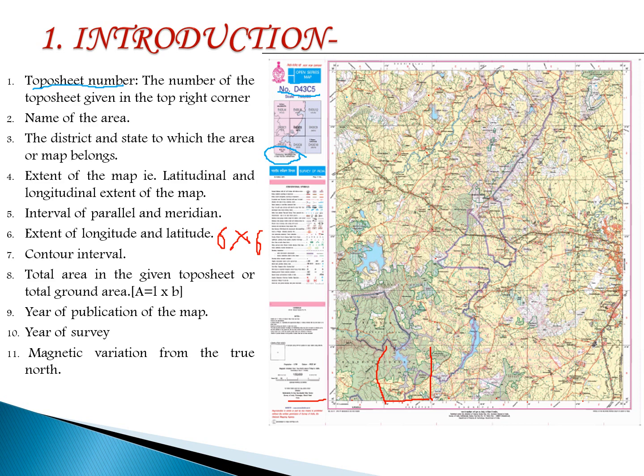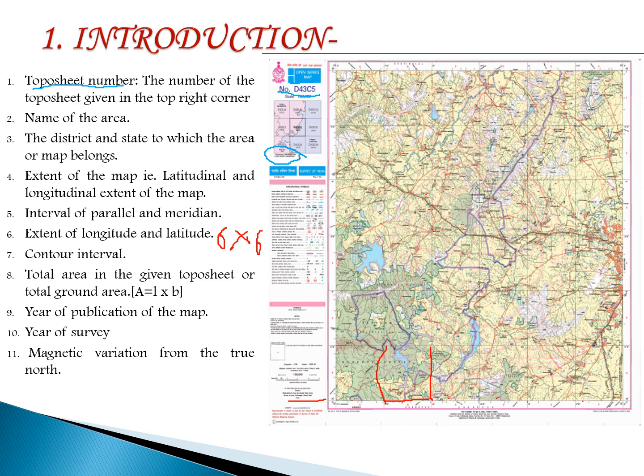You will get the answer, that is L into B, divided by 2 you have to do, because the scale given here, okay, is 2. So here you have to divide it by 2, okay, 2 meters. So here the total area you will get as L into B, some value you will get, that will be in kilometer square.